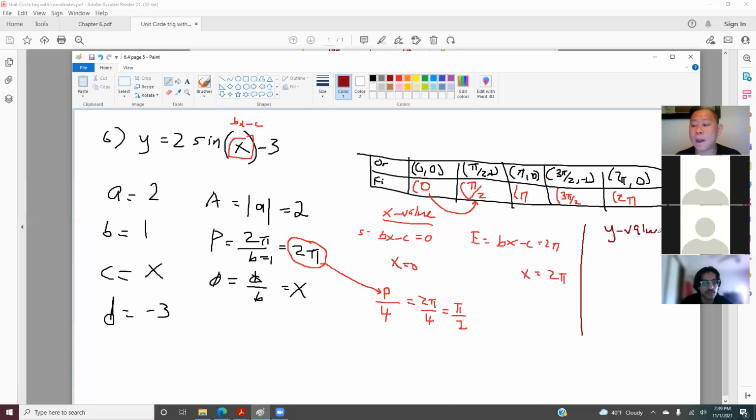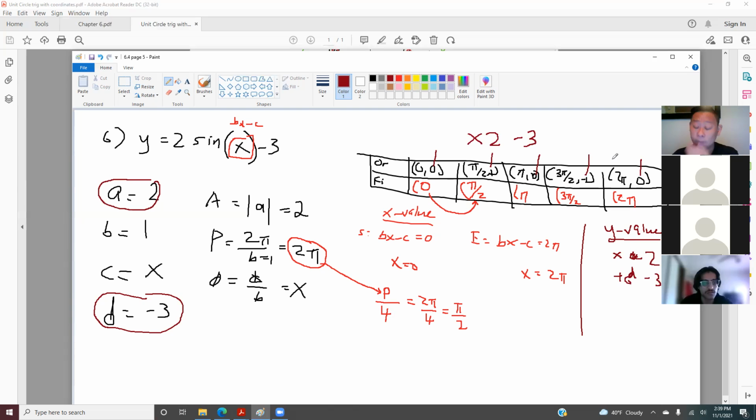How do you figure out your y value? You multiply by a and you add d. So by looking at your equation, our a in this case is 2. So we will multiply this by 2. And our d value in this case is minus 3. So what does that mean, class, is these are all your original y values, which are 0, 1, 0, negative 1, and 0. So you have to take all this times 2,